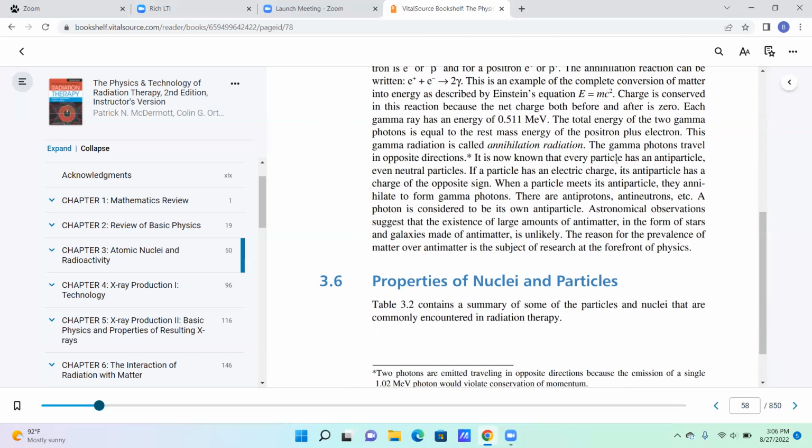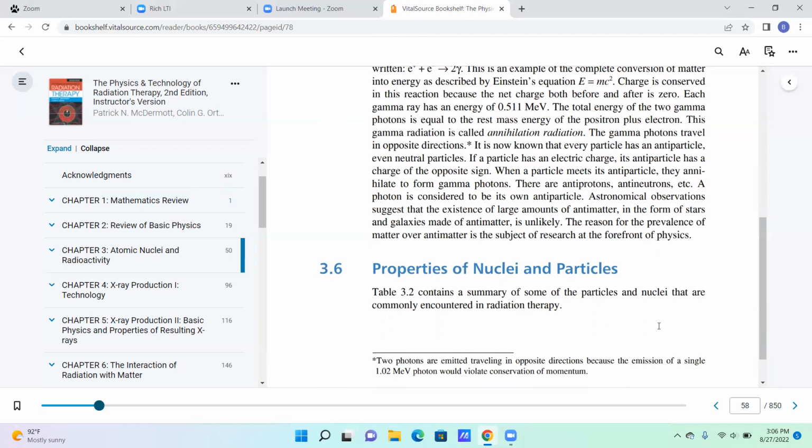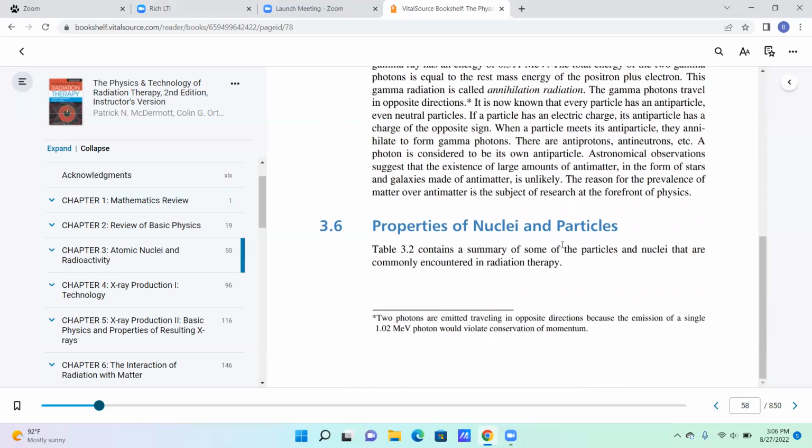It is now known that every particle has an antiparticle, even neutral particles. If a particle has an electric charge, its antiparticle has a charge of the opposite sign. When the particle meets its antiparticle, they annihilate and form gamma photons. So there we go. Now 3.6,